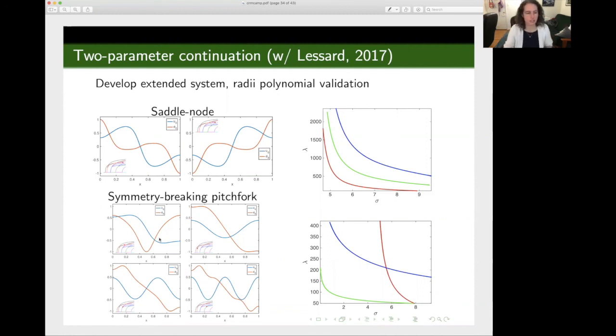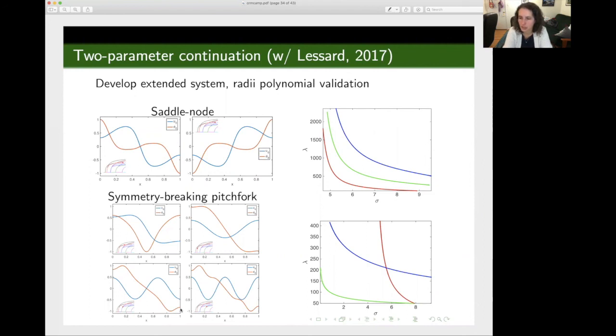You can see that in this picture, and this picture, that is true, that you get the difference in Z2 symmetry. On the other hand, in this picture here, you have odd symmetry in the solution and also odd symmetry in the kernel. And so this is actually outside of the framework of our symmetry breaking pitchfork